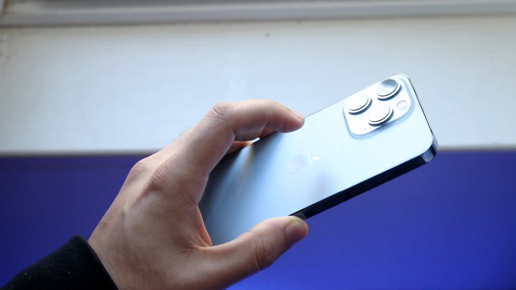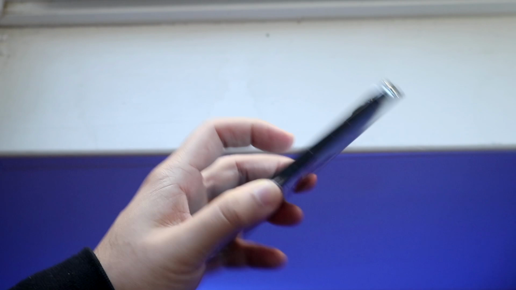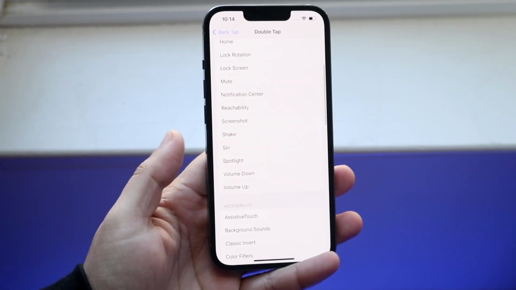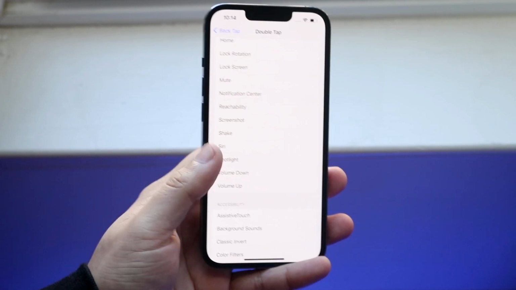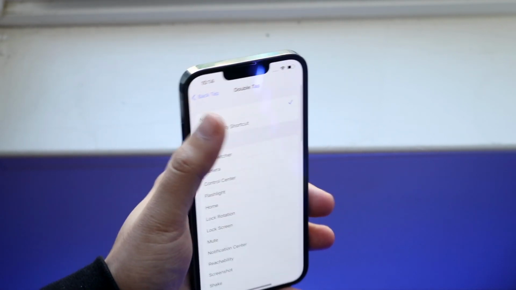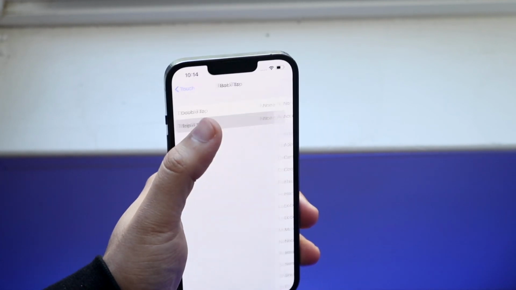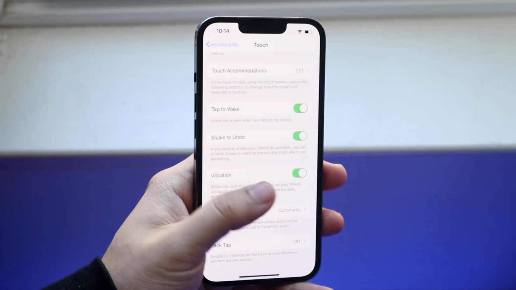So if it's on like this, you can see the flashlight turn on, double tap again, the flashlight turns off. So it's a very cool thing, and you can set it to any other command that you want to: screenshotting, volume down, volume up. I would probably recommend you guys to look into it because it's a really cool little thing, and I'm actually super happy about that feature. And you can also triple tap, so you can have them both on simultaneously,